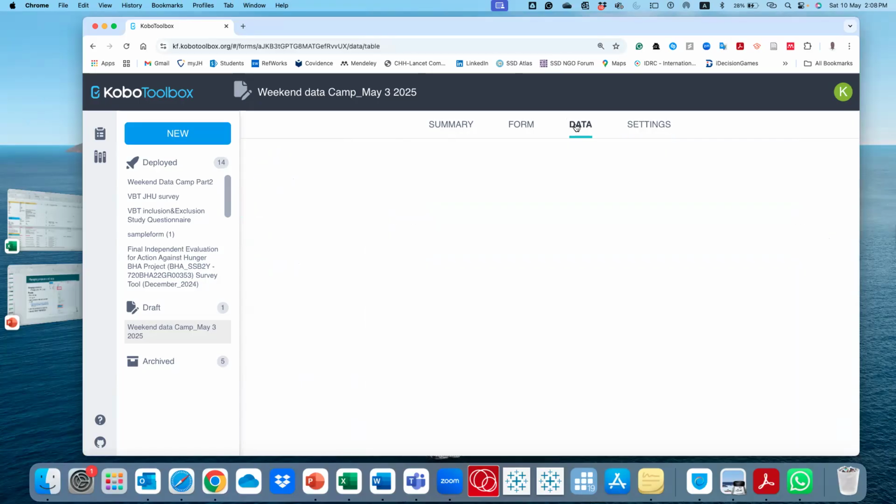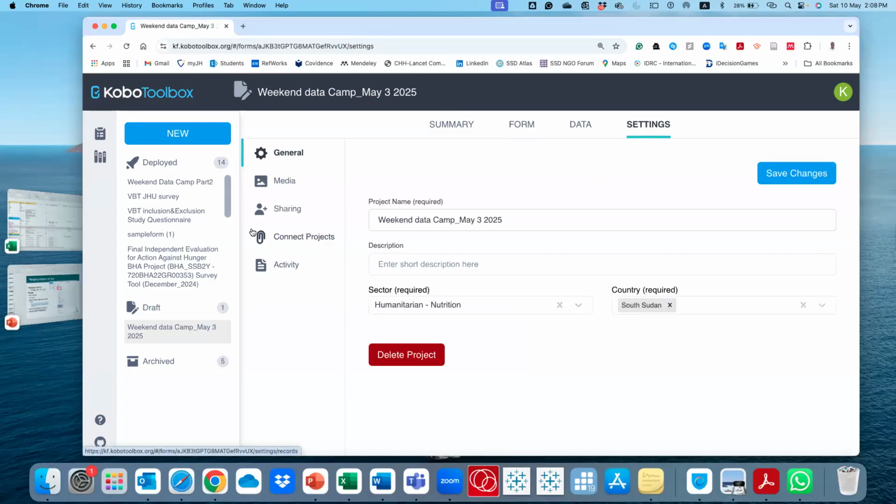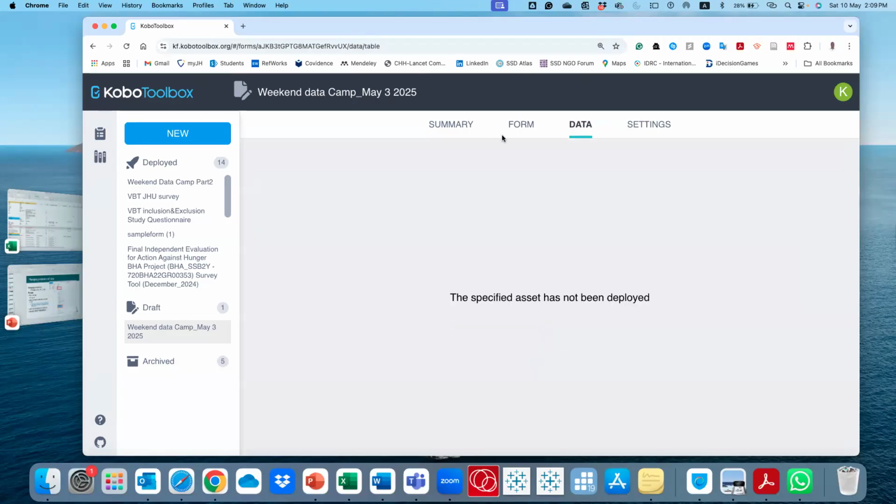Yeah, I think that's generally what you will need. And then once the data start coming, you can download from here. I think it gives you Excel, CSV and other formats. I don't know how many formats there are, but it gives you Excel, at least the commonest. And then you can export the data, and once you export the data, it's now outside of KoBo. So access denied. I don't know what this is. Okay, so once it is there, yeah, you can be able to do that. So maybe I pause here and know if there's any question.